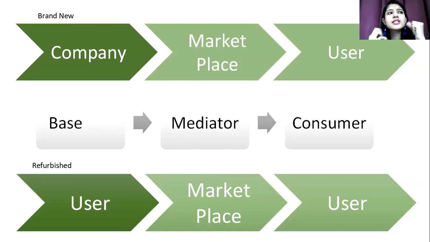Now in this marketplace, they are pre-owned gadgets. They have to be tested, verified, and checked whether the parts are perfectly working or not. Everything has to be tested. Once it is tested, a condition is given to it, and that is refurbished. Now the product is refurbished and ready to be sold again. It is sold on that website itself, and the new users have it. They are the consumers out there. So this is the overall path from brand new to refurbished. We can say that brand new's extension is the refurbished product.